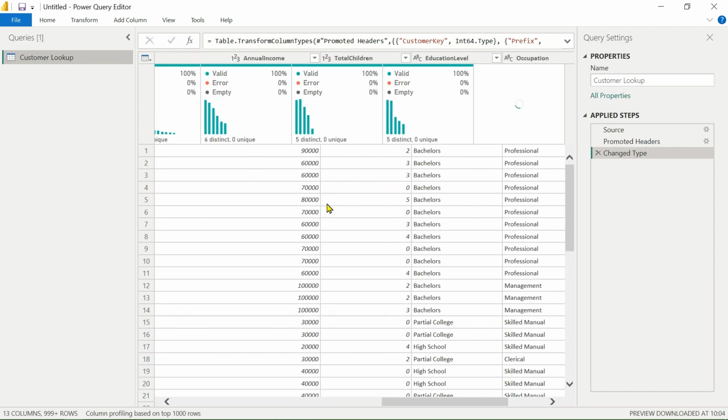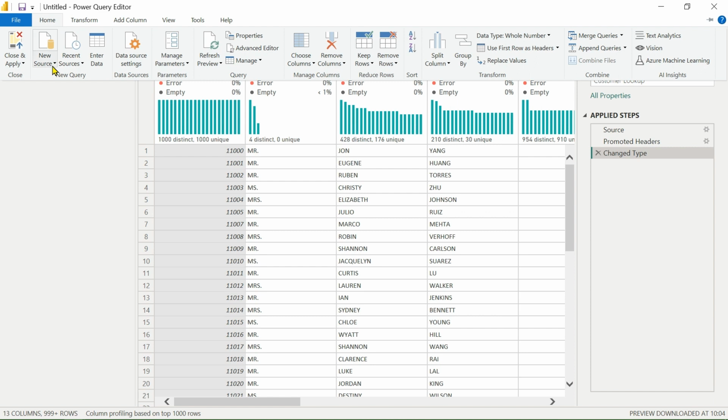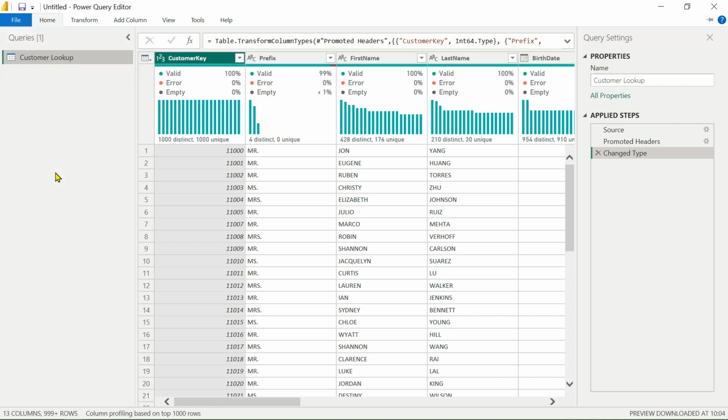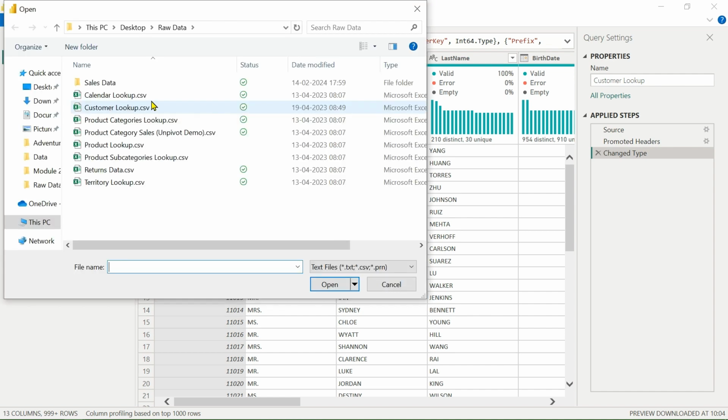So this is our data set. Now you have to perform some operations here. Before performing operations, you have one homework: connect all the data sets that are present in our raw data to our Power BI report.